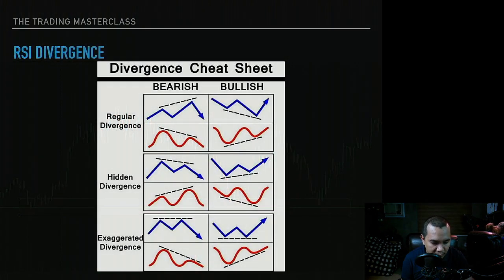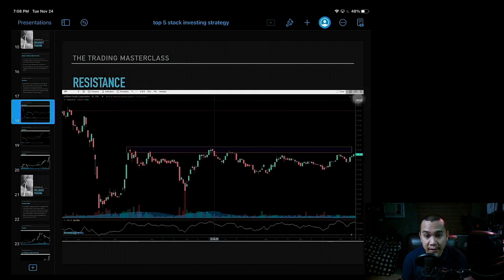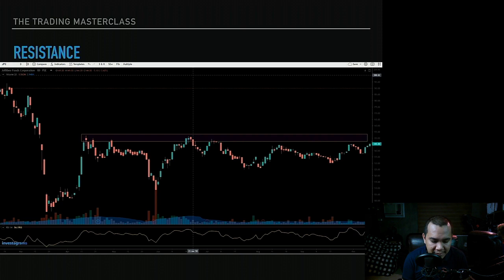Let me go back to the slide for resistance. So here's a clear diagram for resistance right here. This is for Jollibee again. I like to trade blue chips because these are basically fundamentally good companies. So those are the things I really like to trade. So here is a very clear resistance, because when the prices rally to this point, prices tend to go down. When that area is hit again, prices start to go down and then go up. Once it hits, it starts to go down, right? And go down and go down. So that's a clear resistance right there.